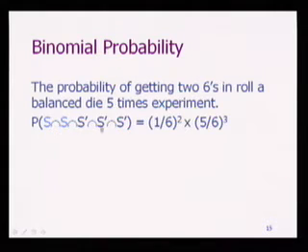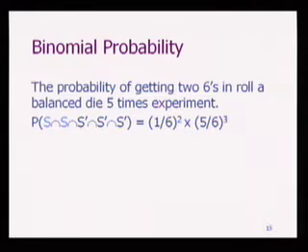Now, this is one of the possibilities of 2 6s. The S stands for a 6. S prime stands for S complement, which is not a 6, right? So this is one of the events: the first time you cast that die, you get a 6, and then you get a 6, and then not 6, not 6, and not 6. So this is one of the situations. Now every time you cast that die, the chance of getting 6 is 1/6, right? Because 6 is just one out of those 6 outcomes.